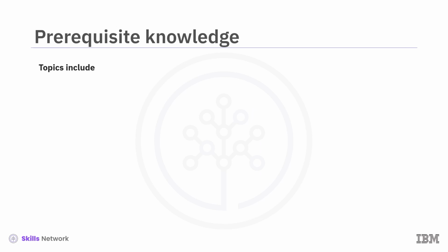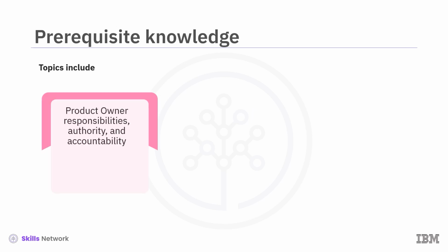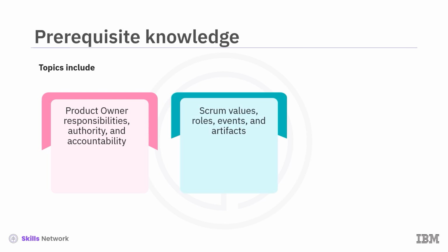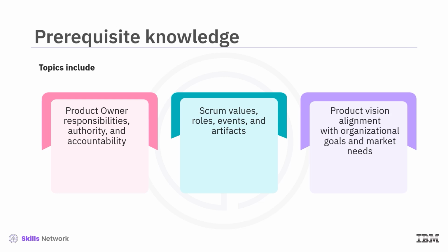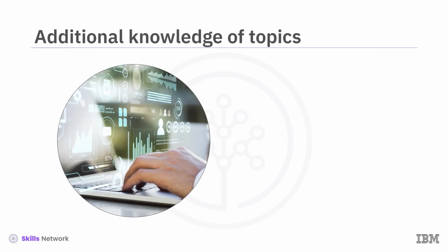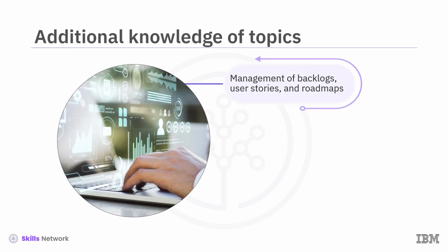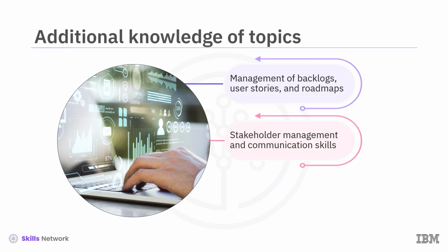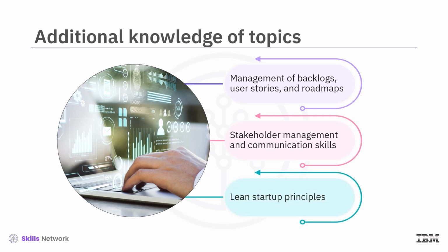These courses cover topics such as product owner responsibilities, authority, and accountability. Topics include Scrum values, roles, events, and artifacts. They focus on product vision alignment with organizational goals and market needs. Additionally, topics include managing and prioritizing product backlogs, writing user stories, and refining roadmaps. They also include stakeholder management and communication skills, and courses cover lean startup principles, focusing on maximizing value while minimizing